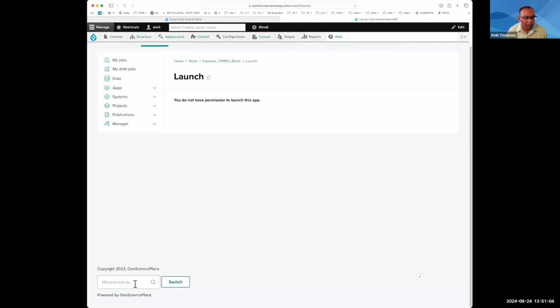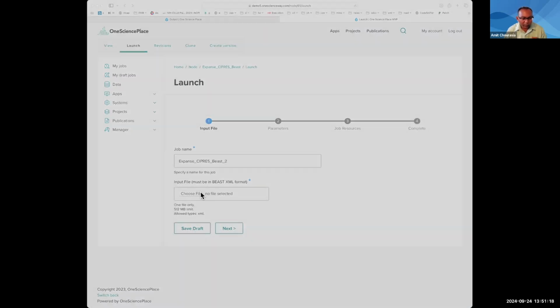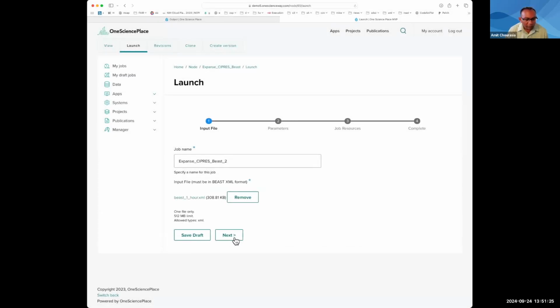so I need to log in as Mark, I guess. Let me see if I can give you a flavor of this thing real quick. Yeah, so there we go. So here is an application. It takes an input file. I'm going to add an input file here, and then